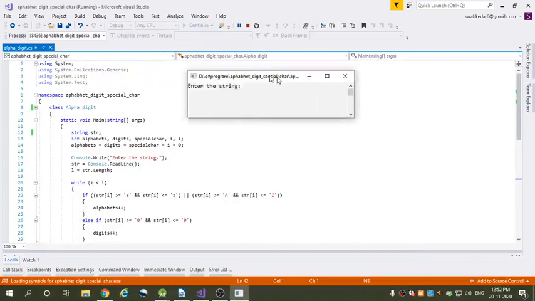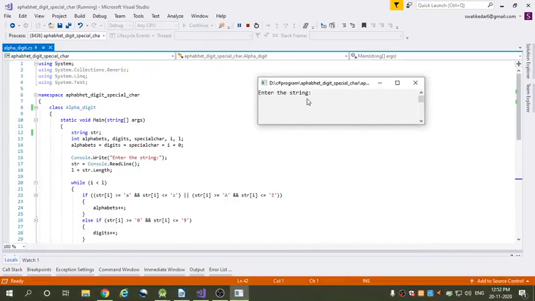Click on start. You see here, enter the string. I enter here, in capital, Swati @123, and press the enter key. You see here the output: number of alphabets in a string is 5. We have here 5 alphabets,